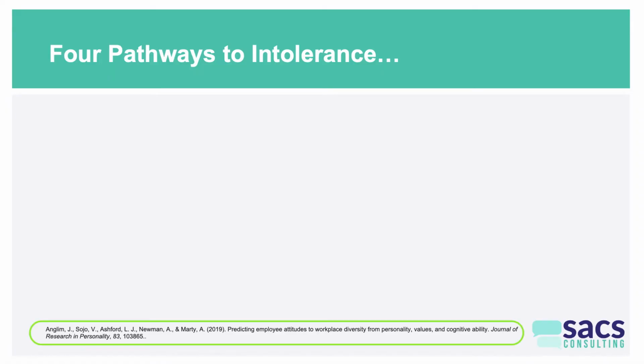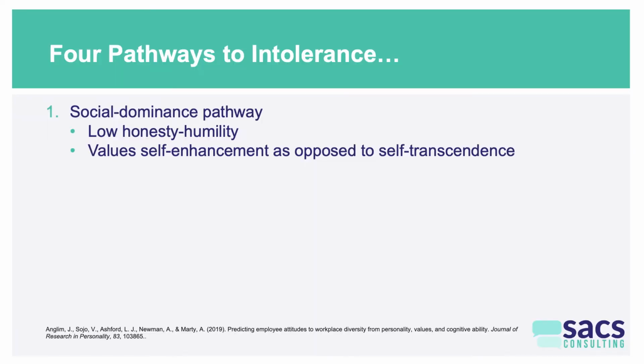I'm going to show you now a graphic which comes from a colleague of mine, Jeremy Anglin from Deakin University, and Jeremy and myself have been involved in a research partnership for years now, and a very fertile research partnership, many publications, but also we've created intellectual property which has led to products for our clients. And he came up after doing a literature review with a theory that says that there are really 4 pathways to intolerance. Pathway number 1 is what's called a social dominance pathway.